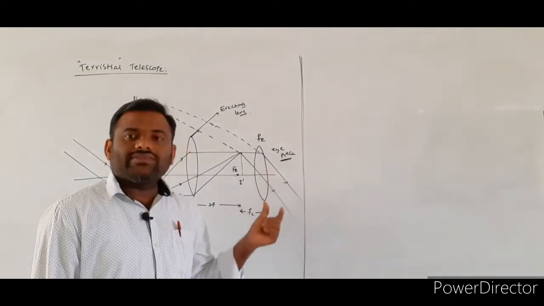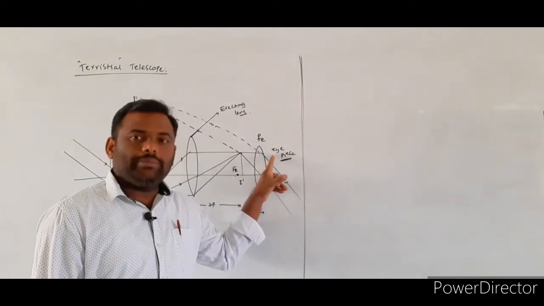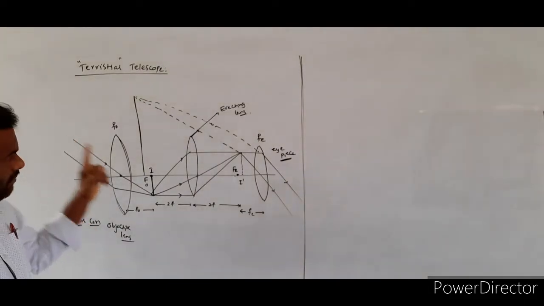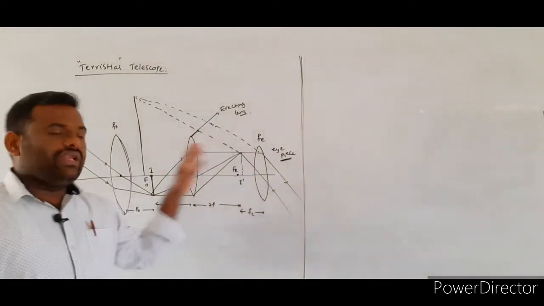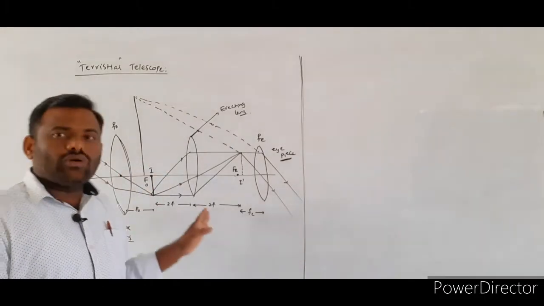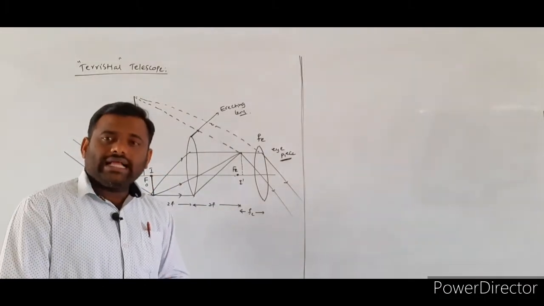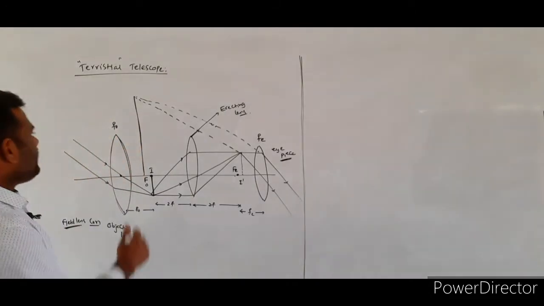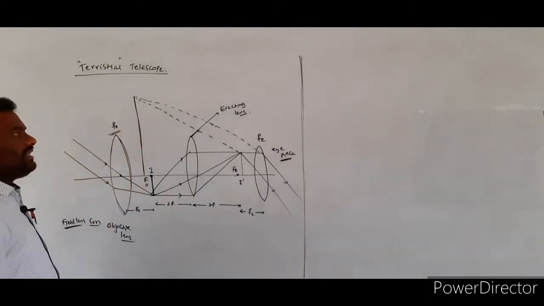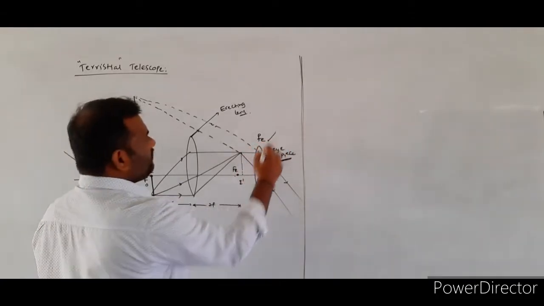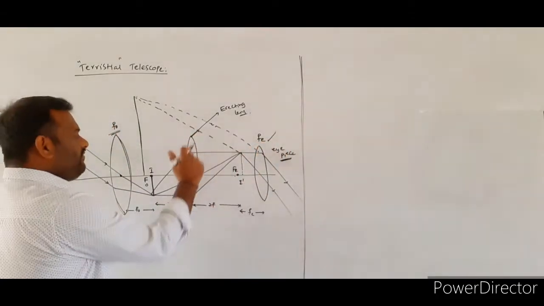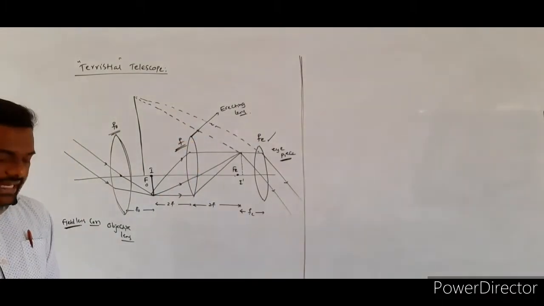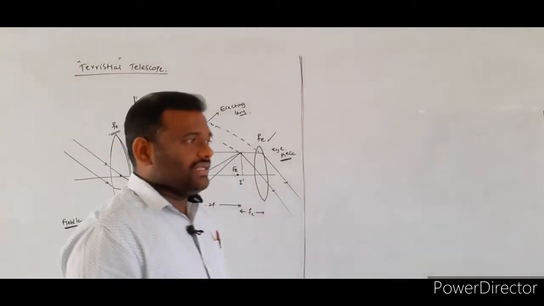In the telescope, the aperture size of the eyepiece will be small and the aperture size of the field lens will be more. And in between the eyepiece and the field lens, we place one more lens. That lens is called the erecting lens. Here, we assume that f0 is the focal length of the objective lens, fe indicates the focal length of the eye lens, and f indicates the focal length of the erecting lens.